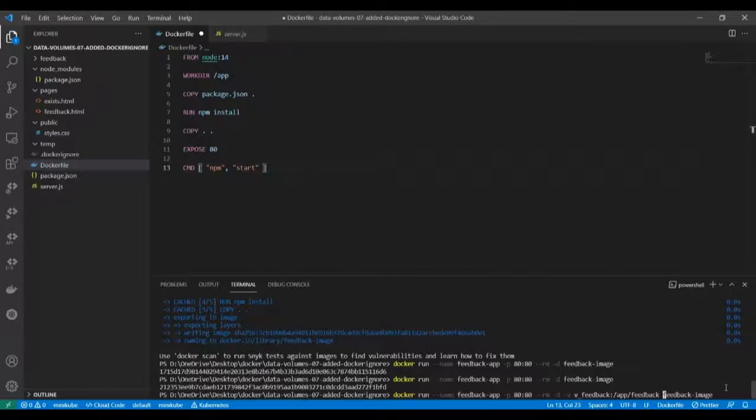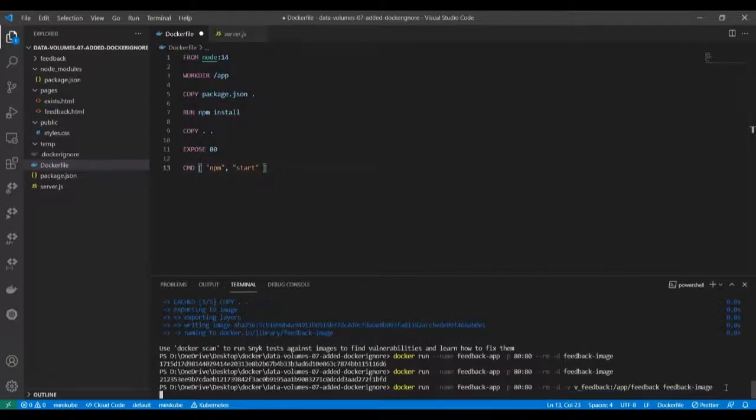This feedback folder would be created when this Docker container is built, and data will be stored in that feedback folder. So let us mount this volume for the feedback app. I am just starting the feedback app.